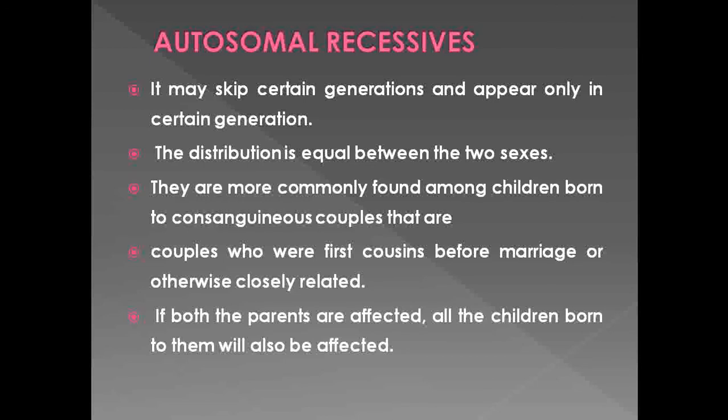So these autosomal recessive traits can skip some generations. Okay, so they get equally distributed in the males as well as in females. Okay, but when there is a marriage between close relatives, then there is a chance of expression of that trait in the next generation. Otherwise no individuals are affected by that autosomal recessive trait. But if there is a marriage between close relatives, at that time there is a chance of transmission of that trait, 50-50%, to the daughters as well as sons.